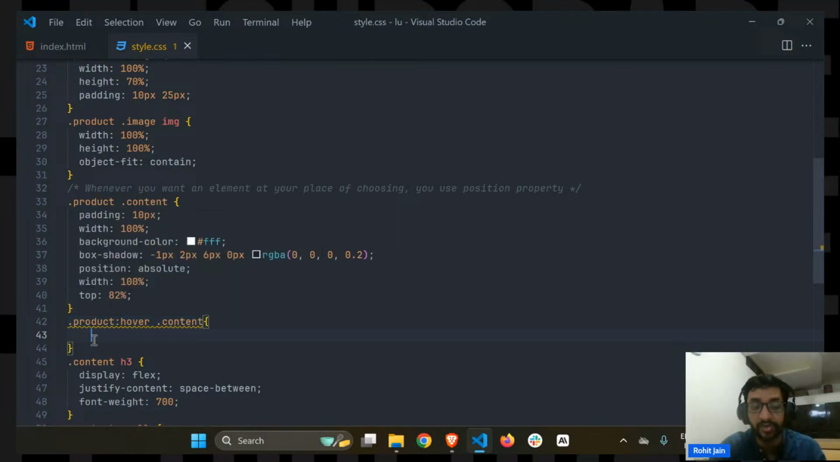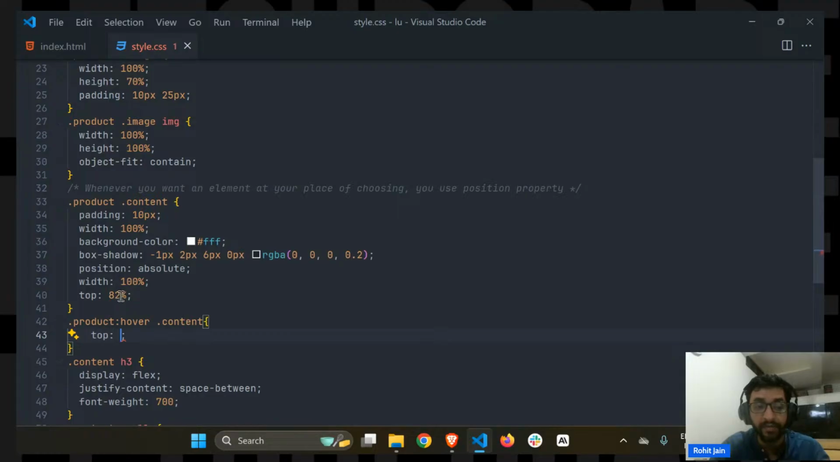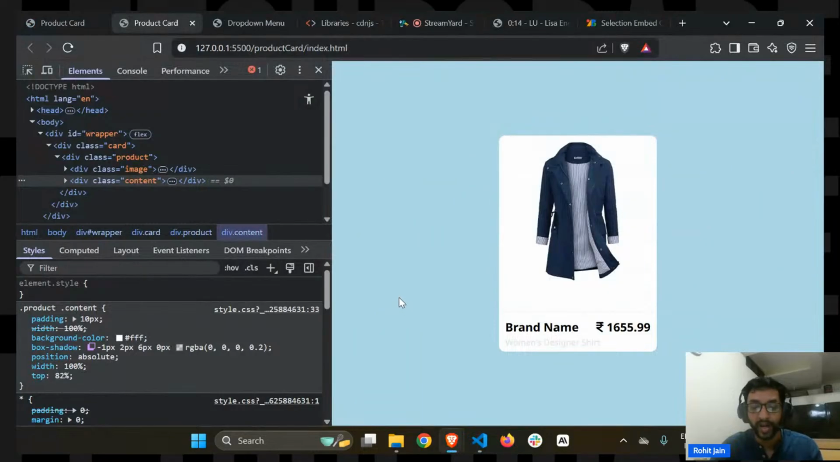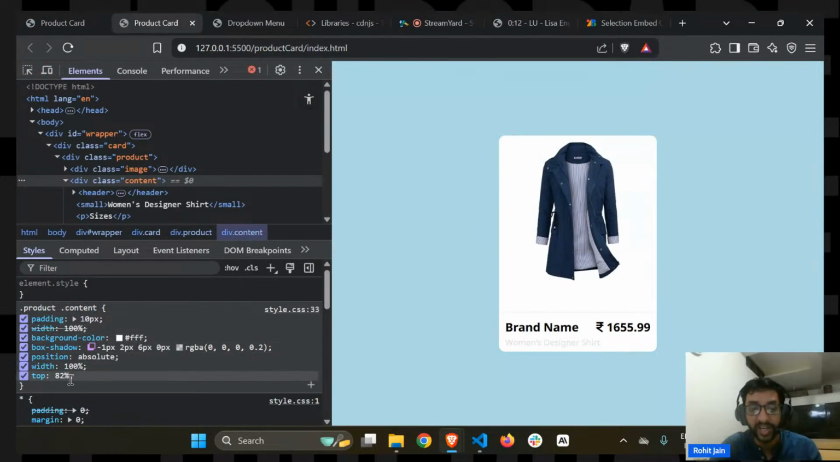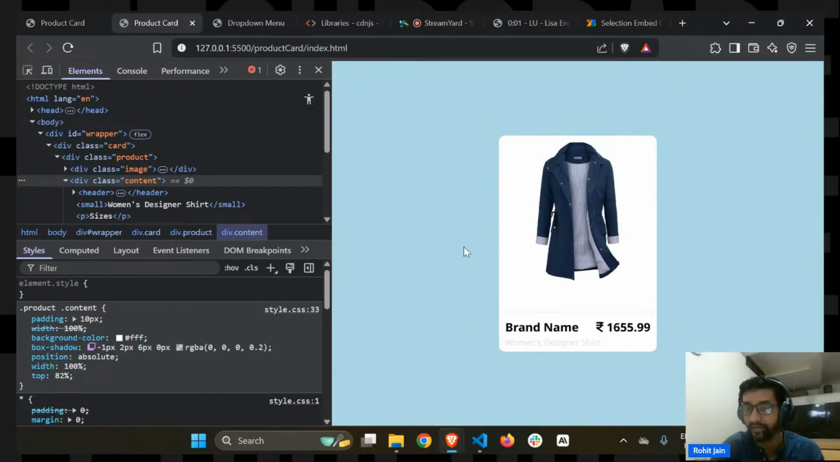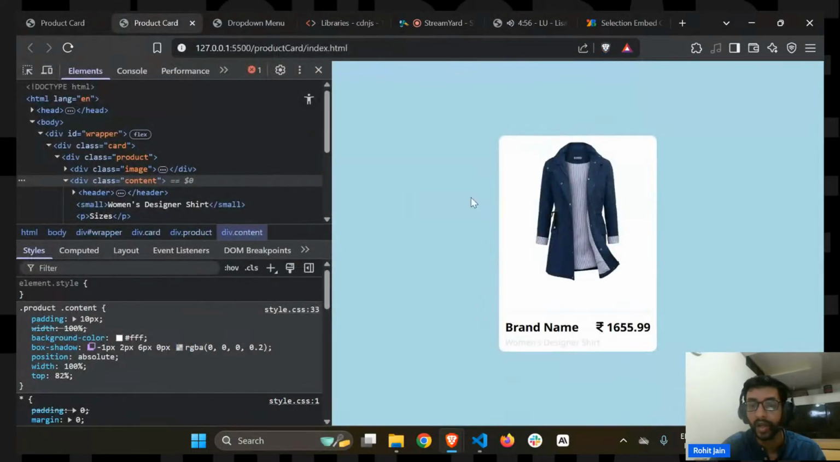So when someone hovers over the product, the top from 82 will become 32%. Let me tell you all about it. Right now, the top is 82, but when I hover, the top becomes like this. Right? This is what I have done. However,